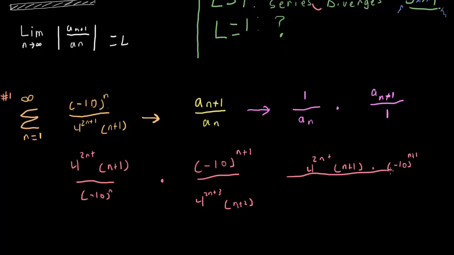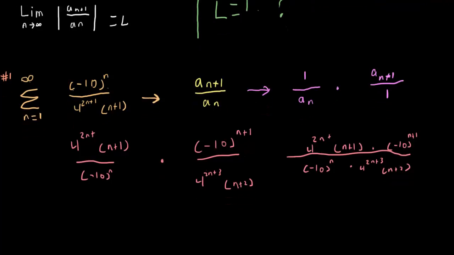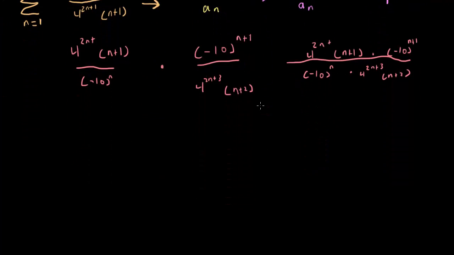On the bottom, we have negative 10 to the n times 4 to the 2n plus 3 times n plus 2. And so now that we have all of these terms together, it's much easier to cancel all of them out. So we can see here that we have negative 10 to the n and negative 10 to the n plus 1. This can cancel out, leaving simply negative 10 to the 1 on top. Over here, we have 4 to the 2n plus 1 and 4 to the 2n plus 3. These also cancel out,